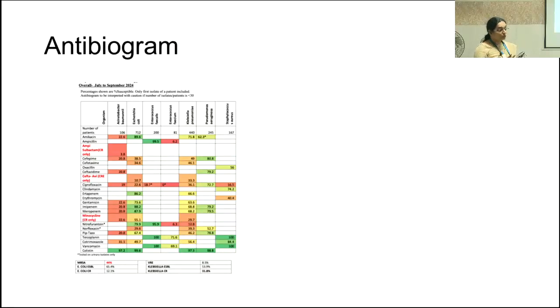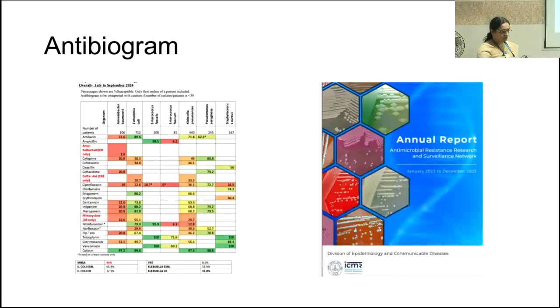So if you don't have access to that, if your hospital does not provide you an antibiogram, then we can access the ICMR. The ICMR has been releasing this AMR data for the last few years. The most recent one is in 2023. If you open it up, you will know for E. coli in the OP, what is the resistance rate? In the ICU, what is the resistance rate? So you can use that as your base to decide on your treatment.